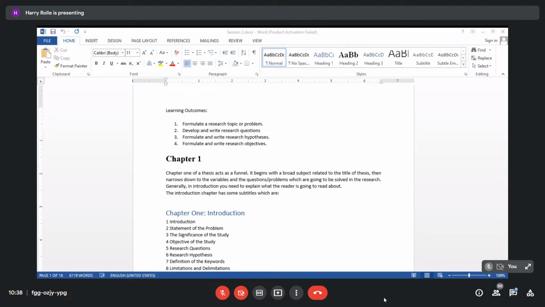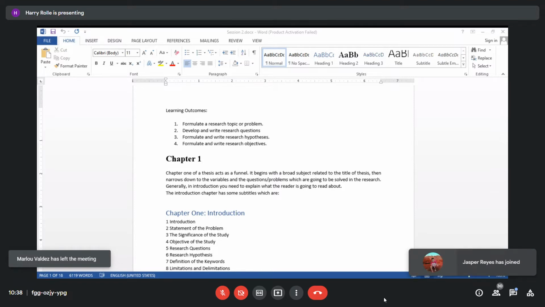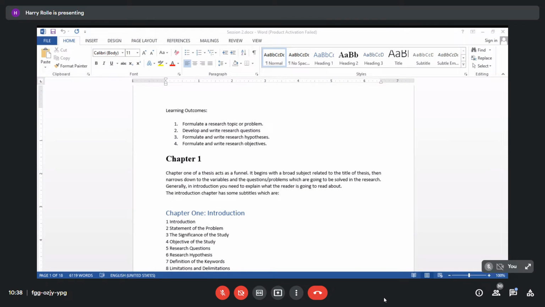Other than that, how are you going to test your hypothesis or your statement? So dun mo papasok kung anong tools ang gagamitin in order for you to prove it. Are we going to use a survey questionnaire? Are you going to do an interview? All of it are included in your methodology. While the other one, we have the discussion, which talks about what happened to your research.